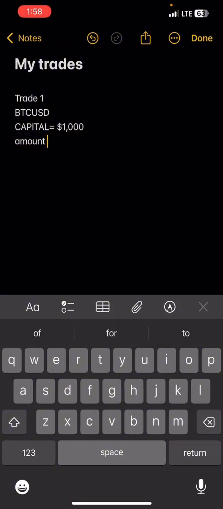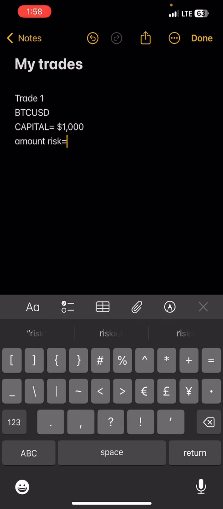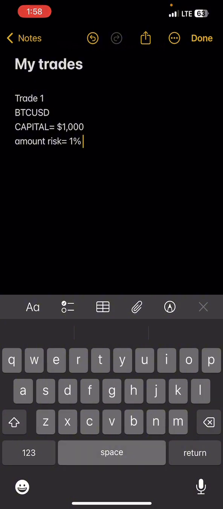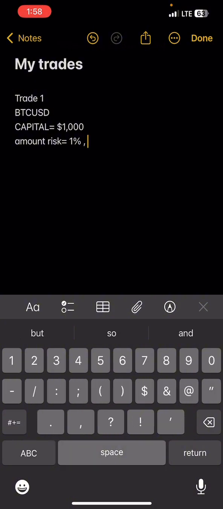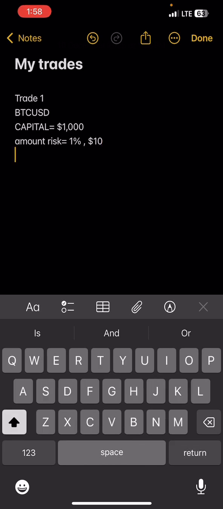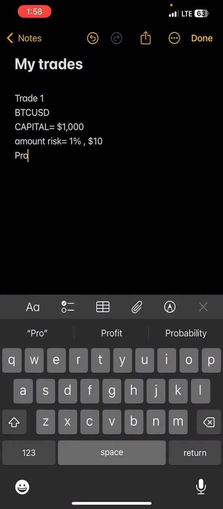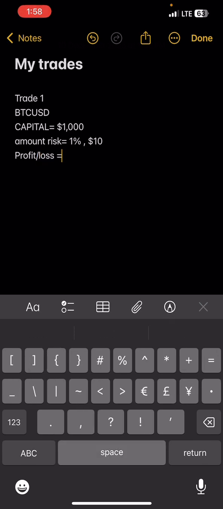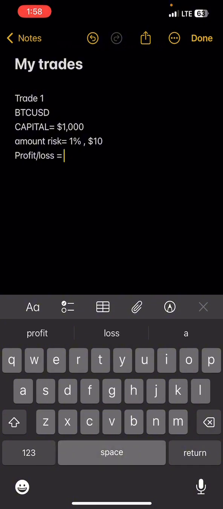So the next thing you want to do is the amount you're risking in this trade now. Amount risking, right? So let's say you're risking 1% now. 1% in this trade, which is equal to what? 1% will be $10. Okay. And now let's say the amount you actually want. Let's say in this trade you want 2%. Okay. So you can say profit to loss, or P/L. Profit to loss equals to, let's say you want 2%, right? So 2% now will be $20,